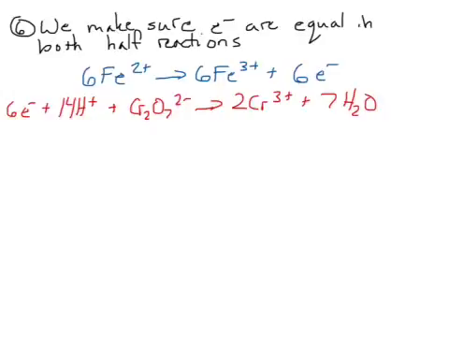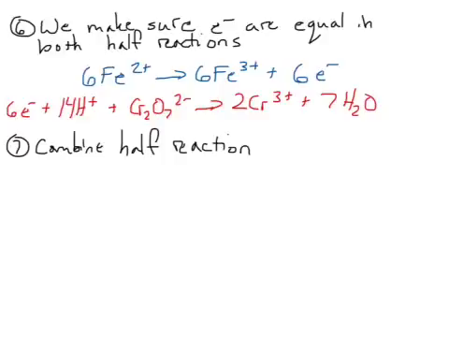Okay, and we're almost done. At this point, we can combine half reactions. Combine them both, making sure to cancel out anything that needs to be canceled out. So we see in our above work, our 6 electrons cancels out our 6 electrons, right? They're on opposite sides of the arrow, so they cancel, and that's it. Nothing else does cancel. And we wind up with our overall balanced chemical reaction,